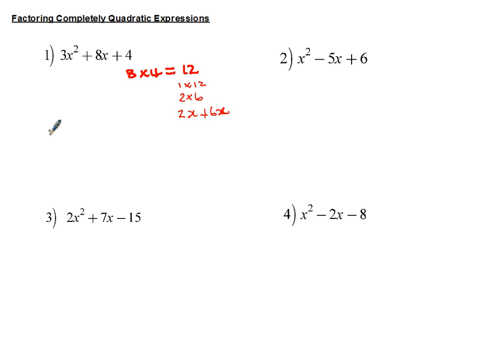So I'm going to rewrite 3x squared plus 2x plus 6x plus 4. Now when we're at this stage, we're going to do what we call group and factorize, or